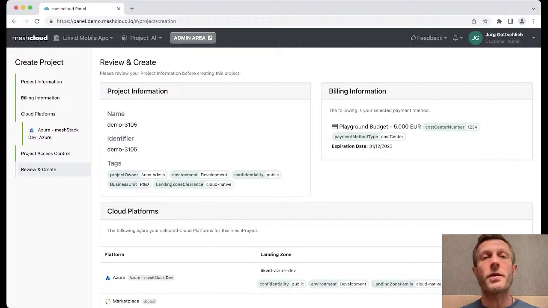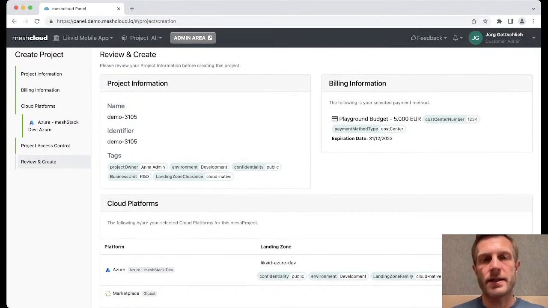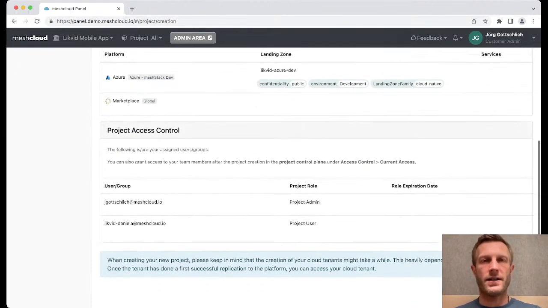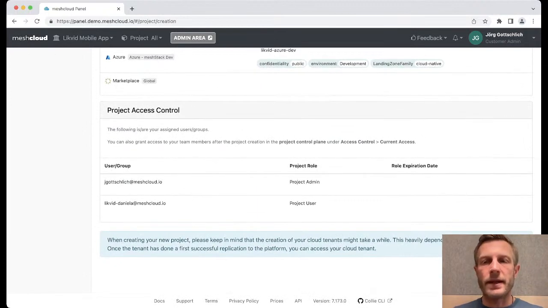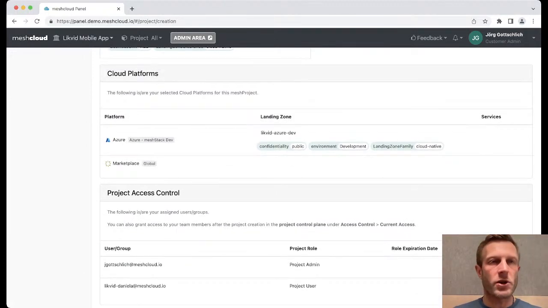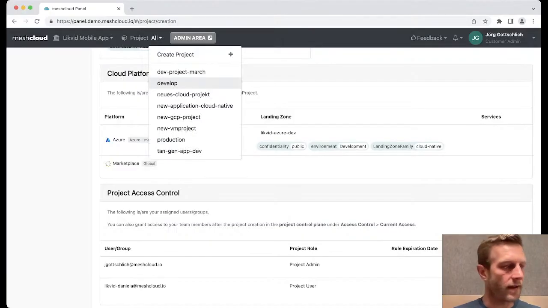This is important because the cloud as a distributed system is sometimes fragile because of network connections, because of eventual consistency. So having a desired state model is a very good approach to deal with these inconsistencies and to make sure over time we reach a consistent state, which is the target state that we defined here with the mesh project. I will now go to an existing project because it takes too long for now to create the project in the cloud and see it